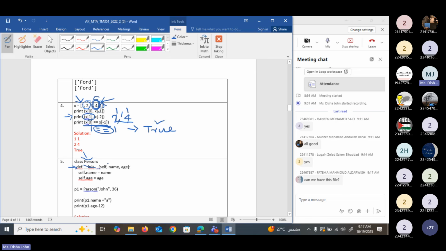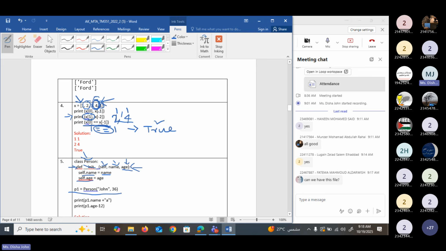So here you can see self, it represents the object itself. Then name is the next argument and age is the next argument. Then here you can see the name of the object, that will be the value of the second argument of this function. And age of the object, that will be the third argument of this function. So here look at the statement.